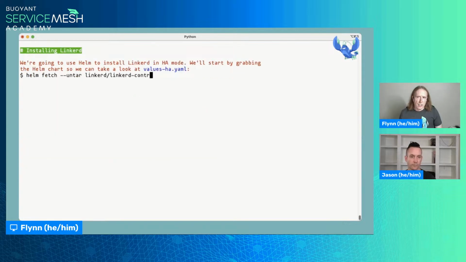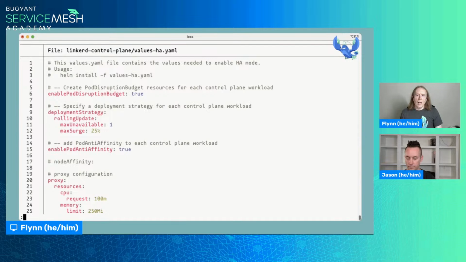Once that is done, we have certificates that we can use to install Linkerd, and we want to install Linkerd in high availability mode. So as we mentioned in the slides earlier, we're going to start by grabbing the Linkerd control plane chart, and we'll take a look at values-ha.yaml.